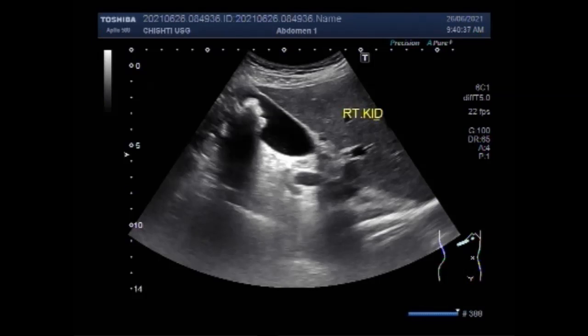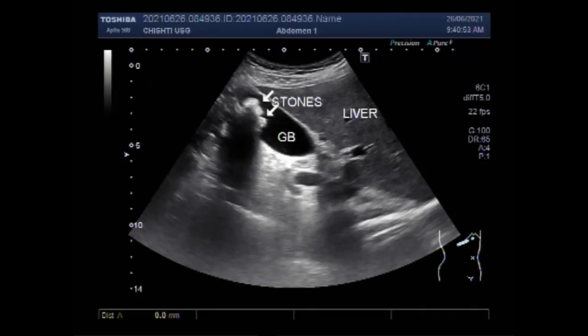Hydronephrosis is defined as distension of the renal calyces and pelvis with urine as a result of obstruction of the outflow of urine distal to the renal pelvis. Hydroureter is defined as dilatation of the ureter. The presence of hydronephrosis or hydroureter can be physiological or pathological.